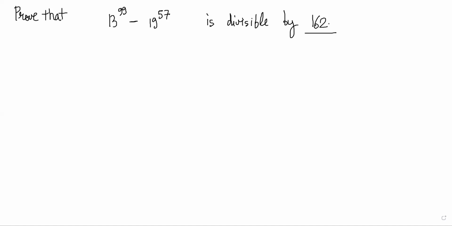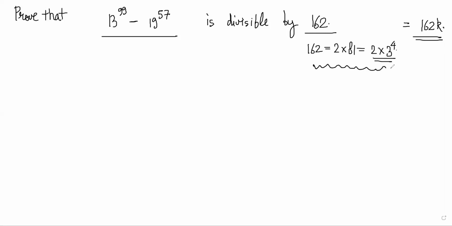So here you have to be a little more careful. In order to prove divisibility by 162, you have to show that this expression is equal to 162k, something like this, right? And 162 is actually 2 times 81. So you have to take out somehow a common 2 into 3 power 4, right? Whatever the expansion of this is, you should be able to take this common out of it, then only it will become 162 times k. So now you have to think about how you would go about